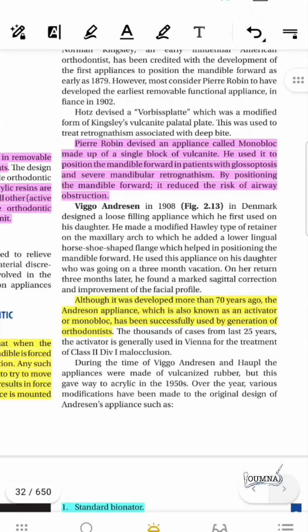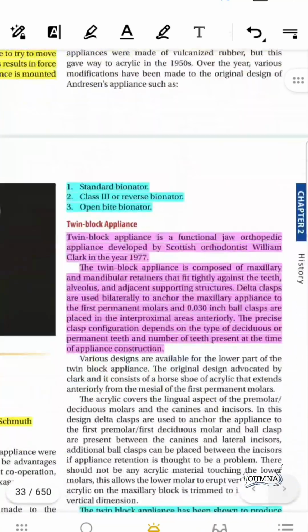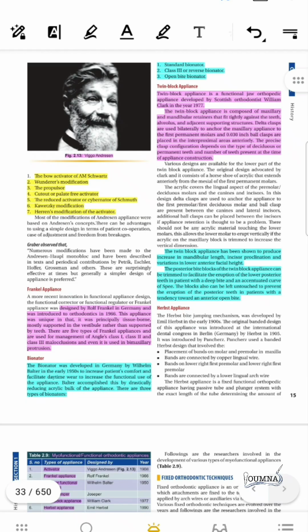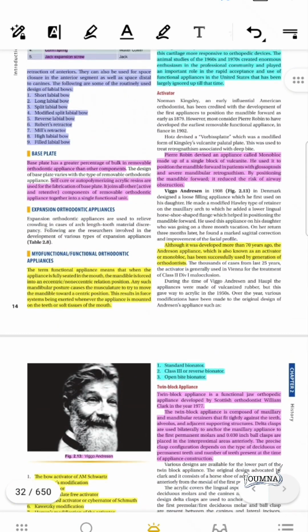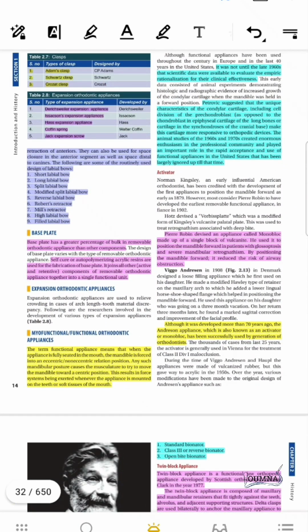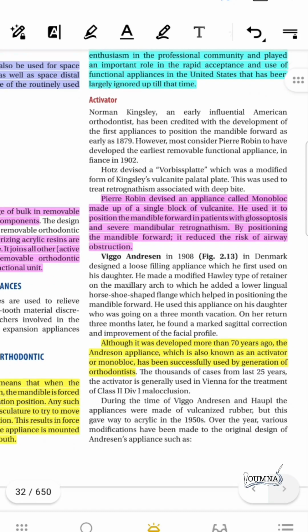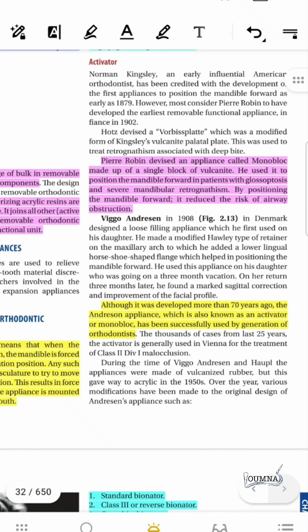Myofunctional appliances have three main types: the activator, the twin block, the Frankel, and the bionator. Let's talk about a brief history of each of them. The activator was called the monoblock. Viggo Andresen